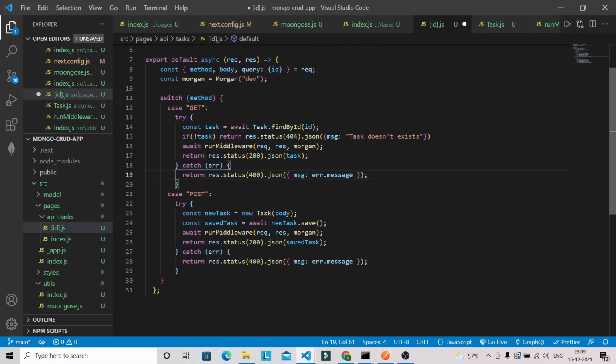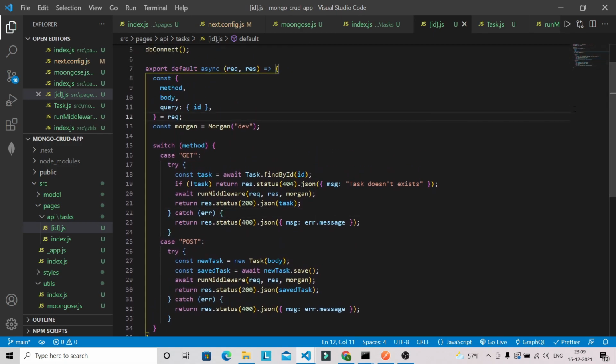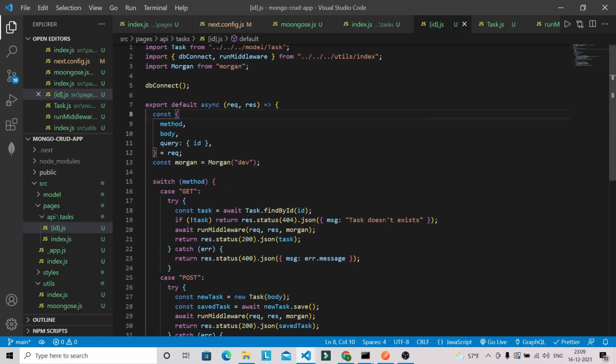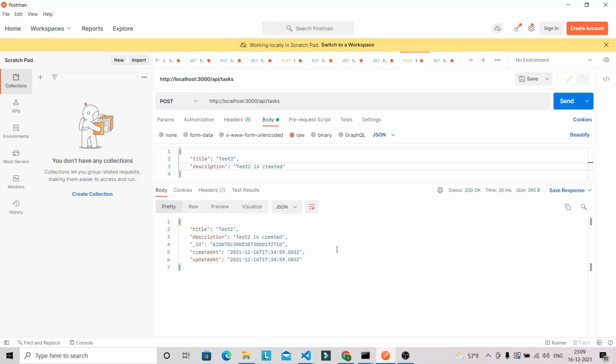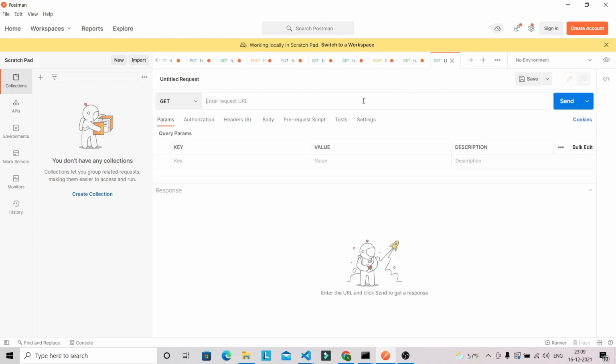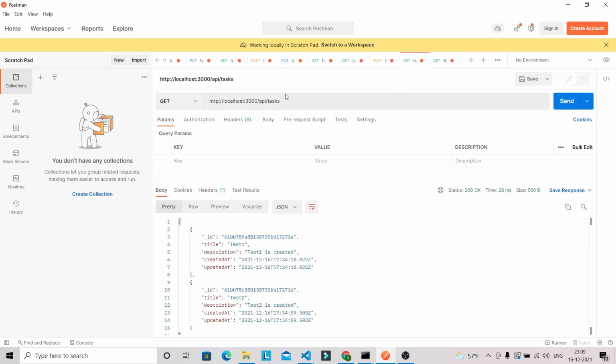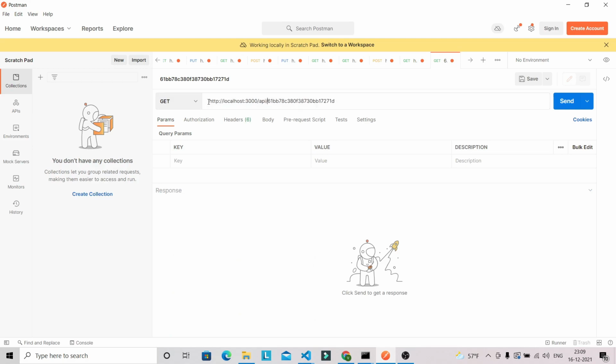And after that, we can verify whether it's working or not. So let's go into the Postman and let's copy this ID, and let's open one more tab here, and we have this ID, and after that we have to copy up to this, and paste it here, and it will be the GET only, and let's click on send.